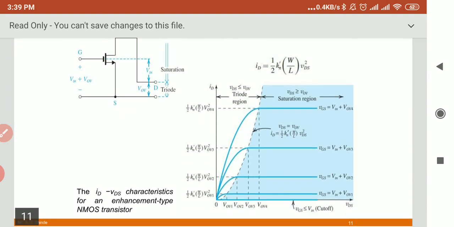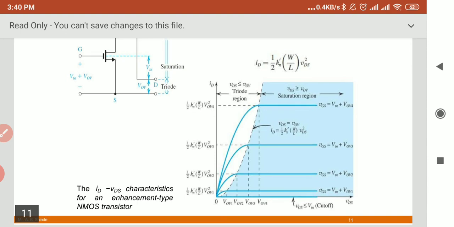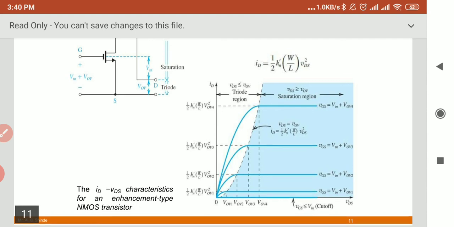You can see here the output characteristics of the enhancement type MOSFET. It shows the triode region and the saturation region. In the triode region, VDS is higher than its value in the linear region. ID increases in a curve with VDS. Since VDS is high, D will be more reverse biased and more expansion of the depletion region will take place. The height of the channel will further decrease and the resistance of the channel will further increase.